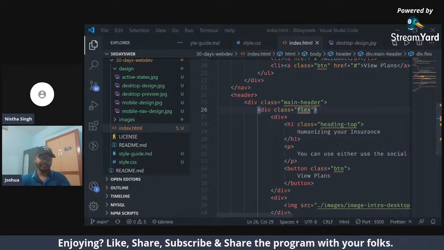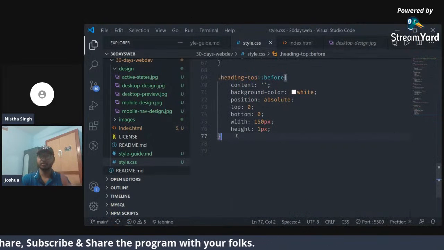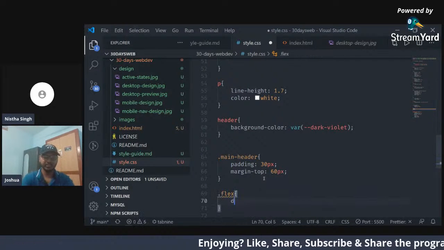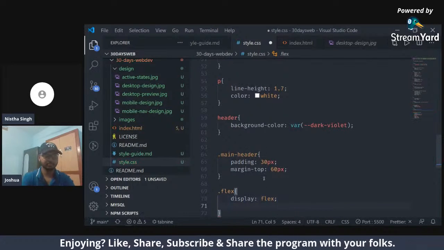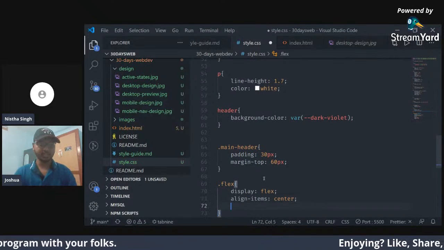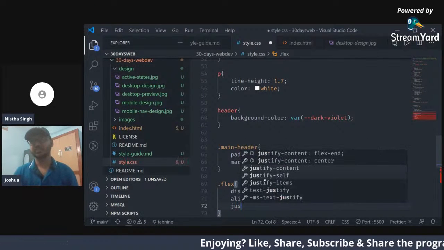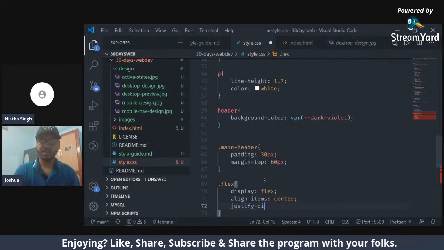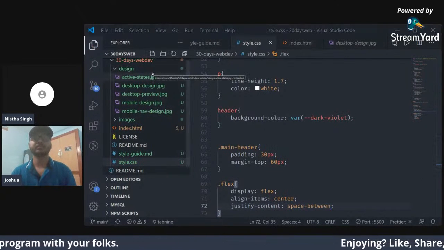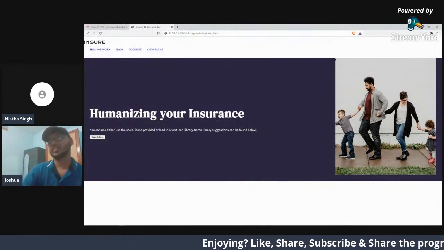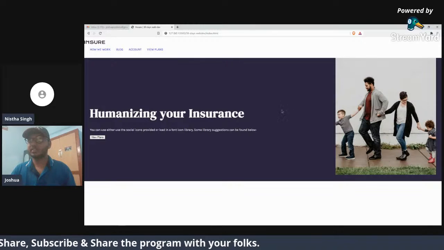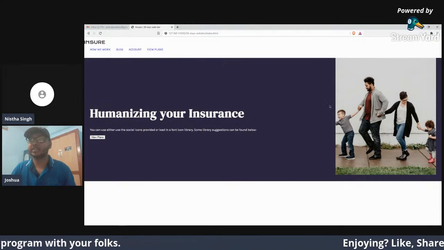So the flex thing is nothing but we are making this thing into a flex box. Like what we thought is the main header. Inside the main header, we have this class called flex and display flex, and we are aligning the items to center. The two things, and there should be some space. So I told you before, justify content space between, yeah, between. So let's see the output. Oh yeah, something is working out. At least something we are able to do now, and yeah, it has nicely aligned in the center, and there's a spacing in between. Okay,